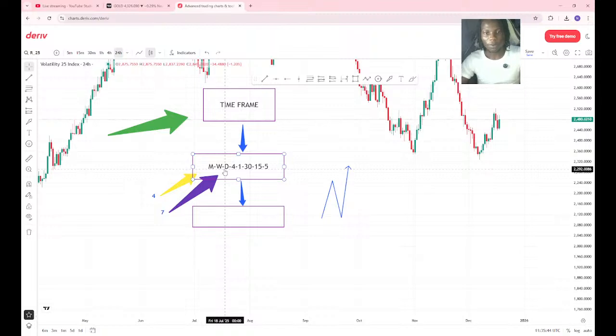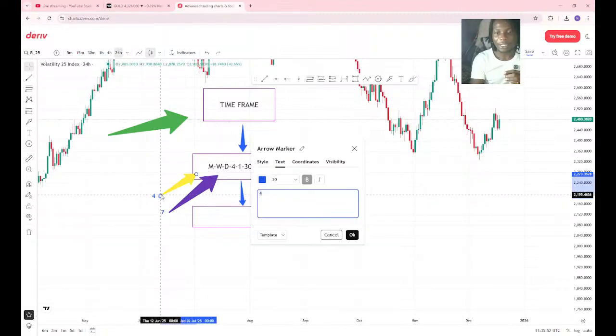Then for the daily, what controls the daily? Now we all know that this is for D. I think I need to put D close to it so that we know this is the D. All right, sorry, this one will be the W because it takes 4 weeks. So yes, correct. Then this will be 7 days, because it takes 7 days, right?